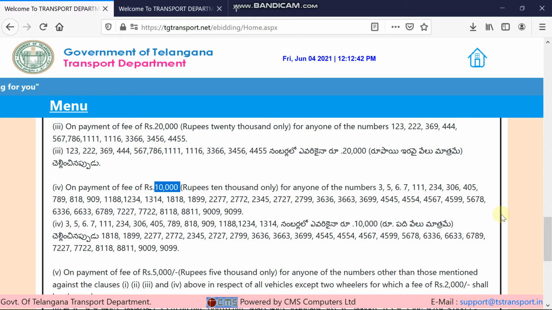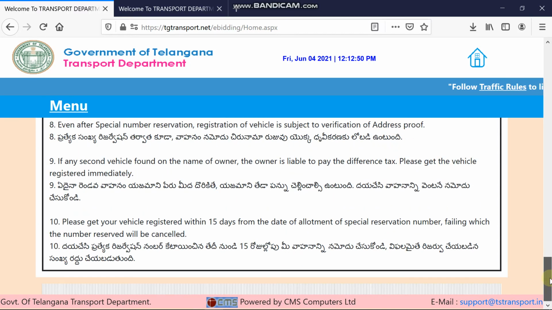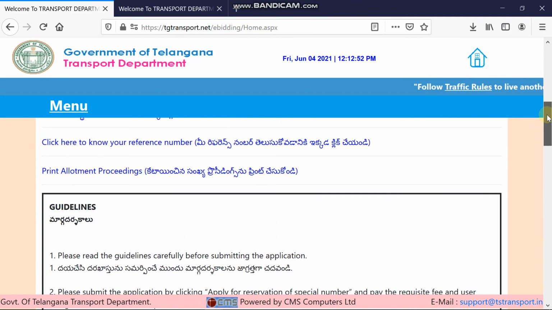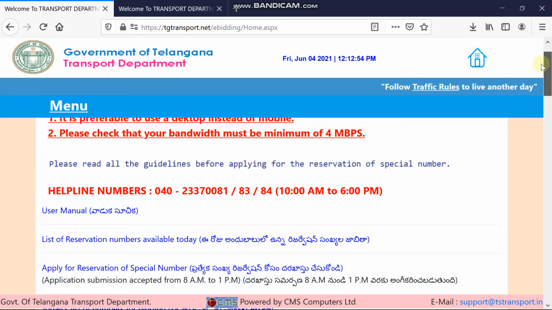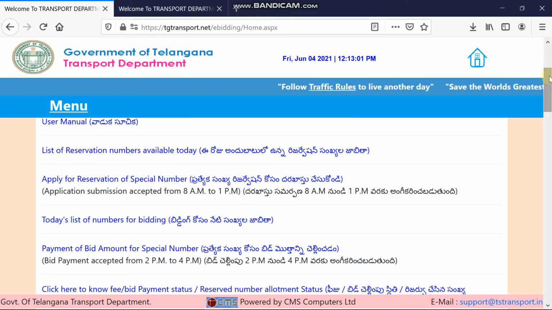Like that, they have provided each and every number's details neatly. But the four wheeler has to pay 5,000 rupees initially, and two wheelers have to pay 2,000 rupees initially. That's mandatory. If you come under bidding, they will provide a cutoff, like you have to start from 5,000, so again you have to pay 5,000. After that, how much extra you pay decides to whom the number is given, not me, but the team.